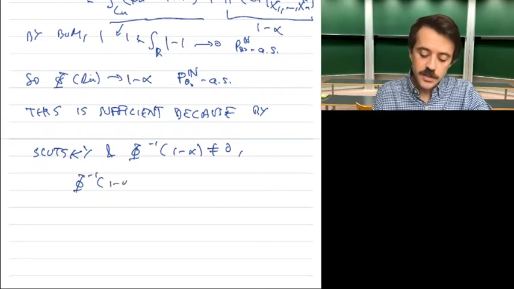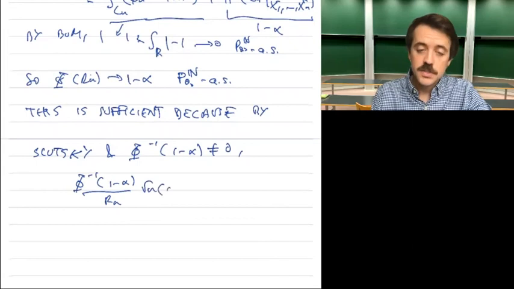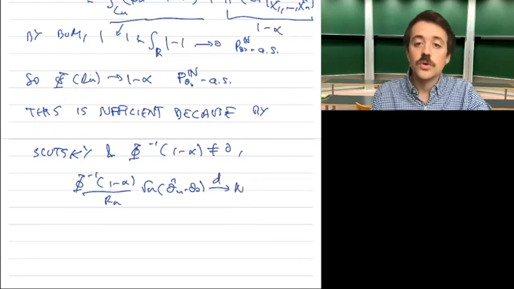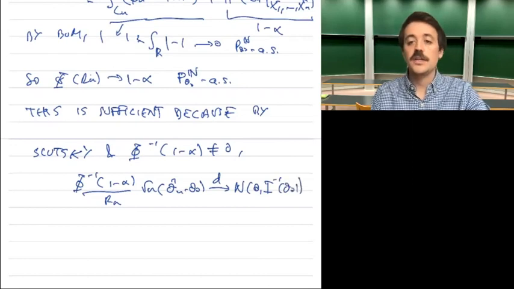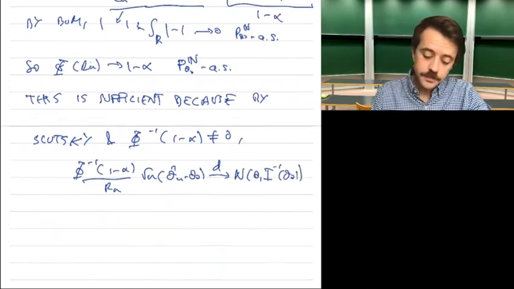It will make sense in a sec. Okay, so this times the theta n hat minus theta naught will converge, of course, in distribution to a normal with 0 and I inverse of theta naught. Okay, and so then